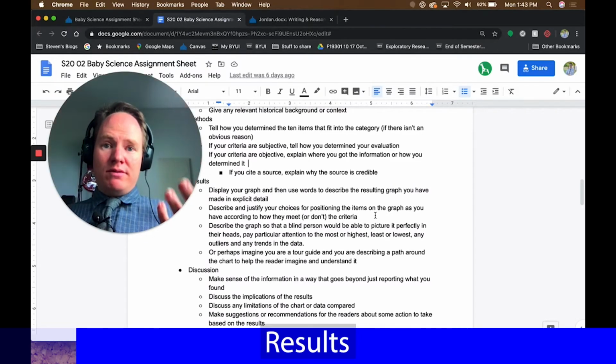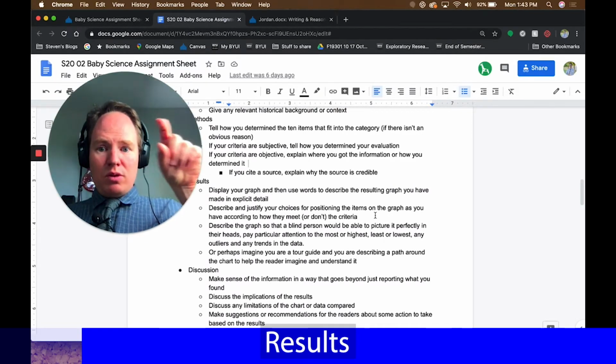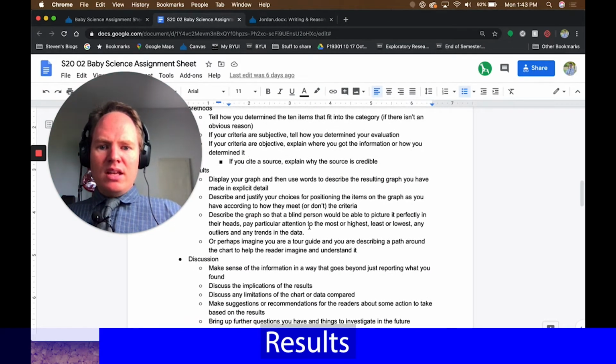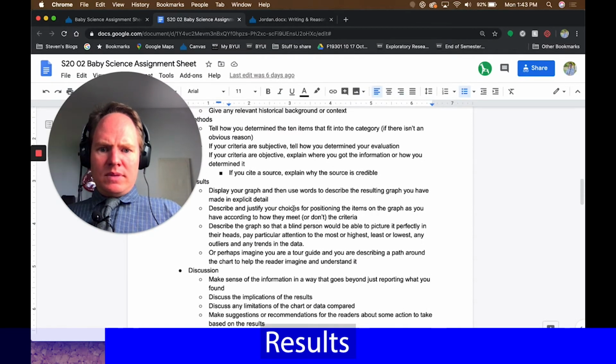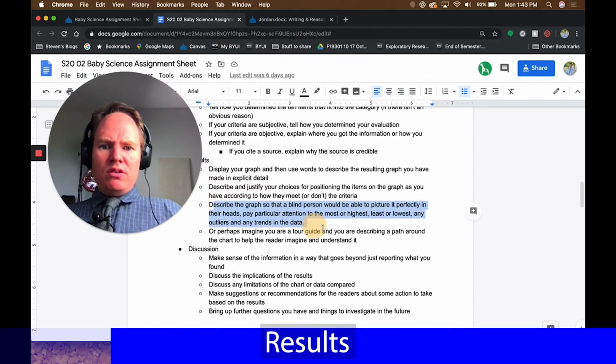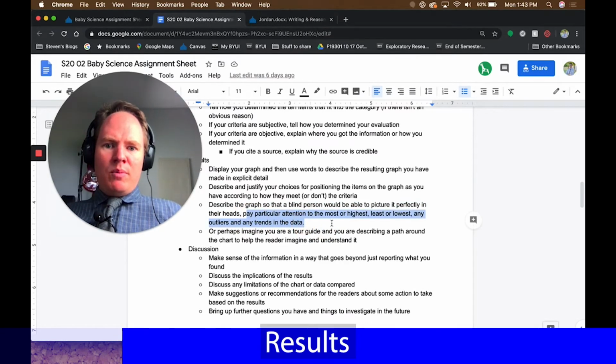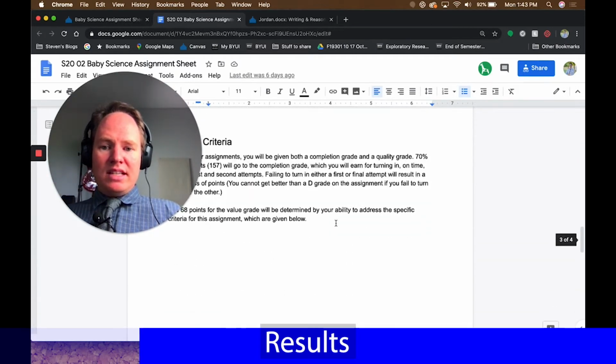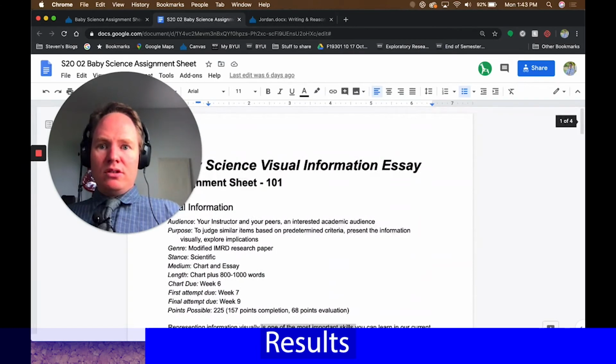So that's if you have subjective criteria, right? Then you move those things around. You're talking about where the things are on the chart based on your subjective criteria. And then, so here's the main thing to pay attention to here. Describe the chart, but pay attention to the most or highest, the least or lowest, any outliers, or any trends in the data. So if we look at my chart here,